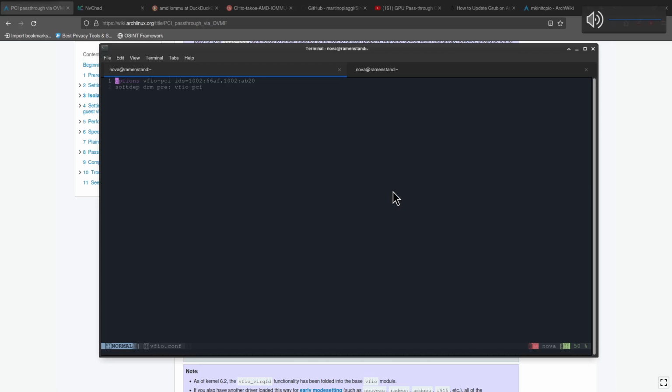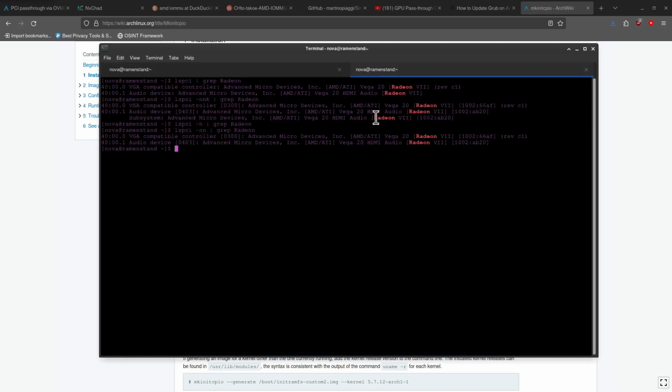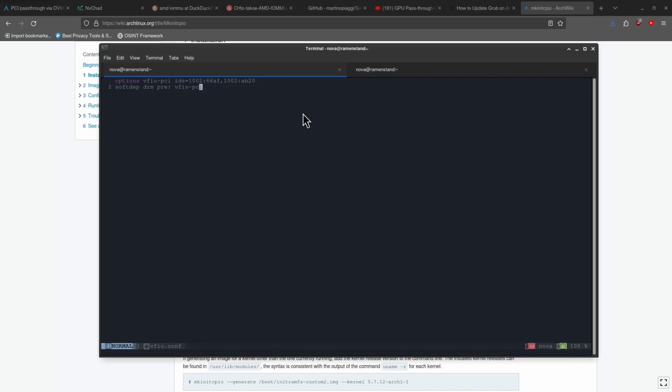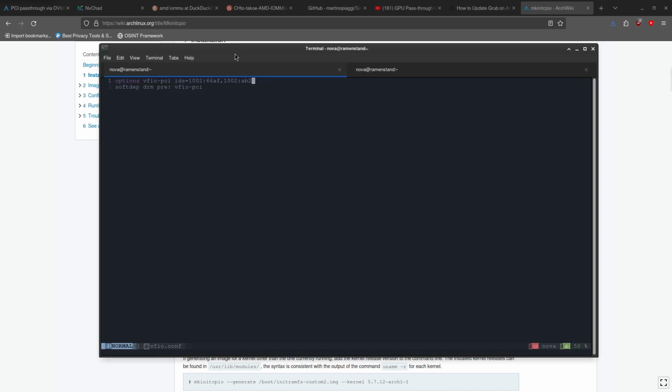And we go into that. Here I have options vfio-pci, and then the IDs of the GPU, the audio component. I forgot to mention that if you have a USB component to it, you should also add that to everything else that was added. Apologize about that. All the IDs attached to the graphics card, you should add those. But all I have is the audio and the VGA controller. So you do options vfio-pci ids= and then add the IDs afterwards, similar to how you did in the